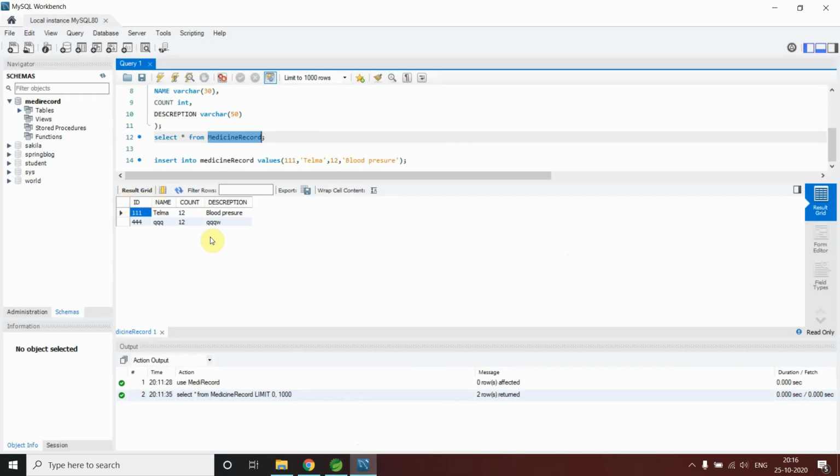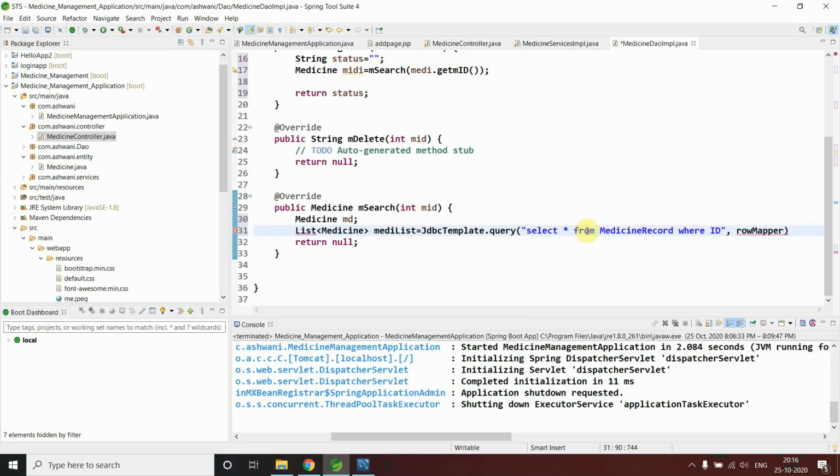If it is visible, you can see the name ID here, right? So let me go to my STS. ID equals, single quotes inside double quotes, and what I say is the mid plus, because it takes the ID, I have to search by that.